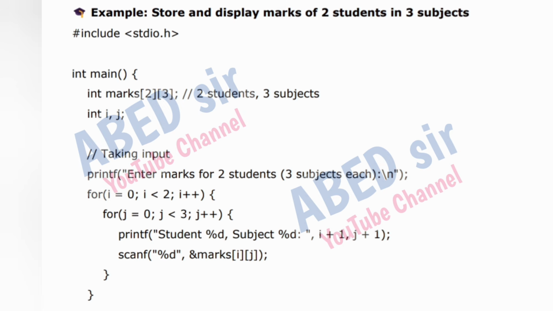For i = 0; i < 2; i++, for j = 0; j < 3; j++, printf("Student %d, Subject %d: ", i+1, j+1); scanf("%d", &marks[i][j]);